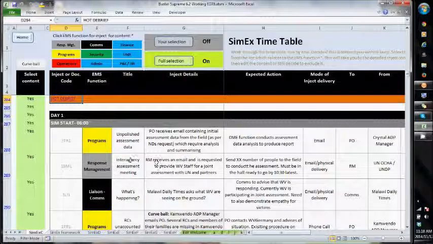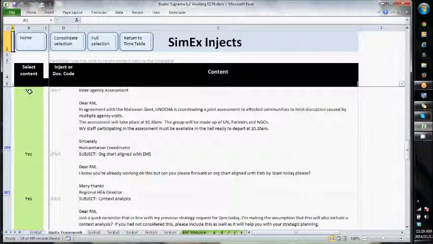Now we have an interagency assessment meeting which we need to consider. Let's just say, for example, that we might not want to include this one, but let's just look back now on 1RM1, so it's response management. We're going to select RM, response management, 1RM1, and let's say we don't want this content. I'm going to select no,